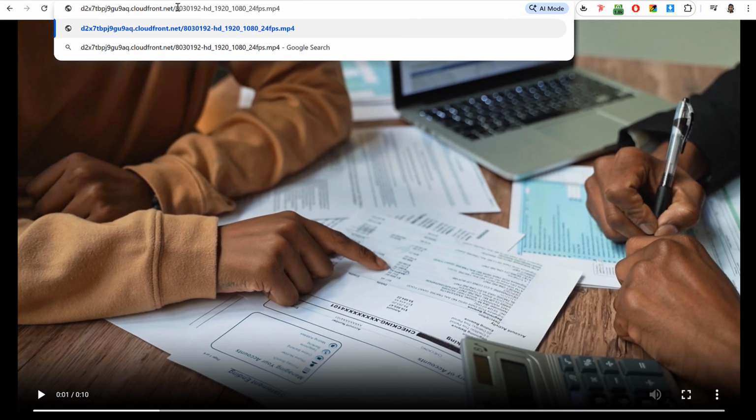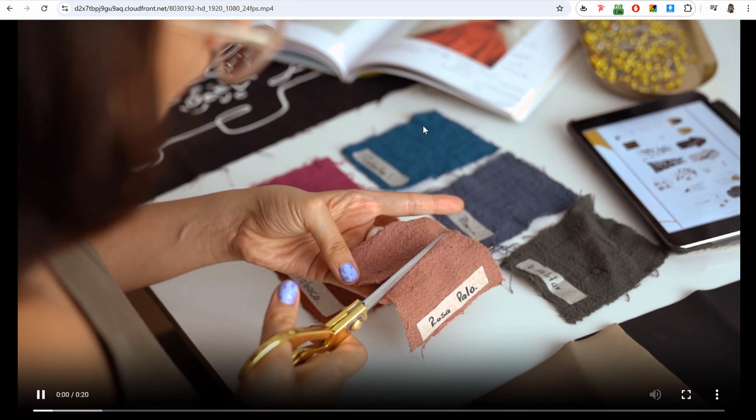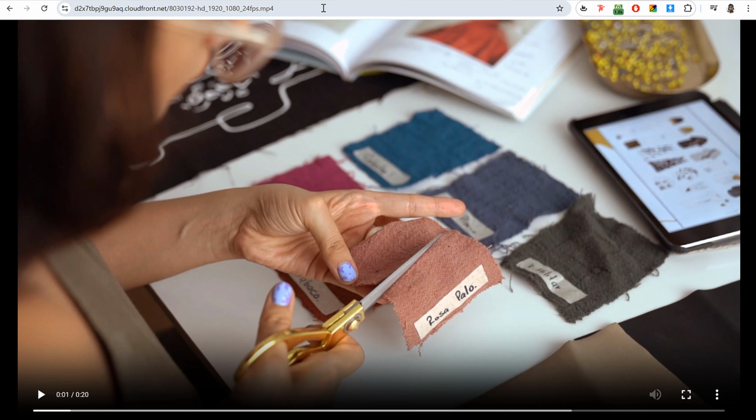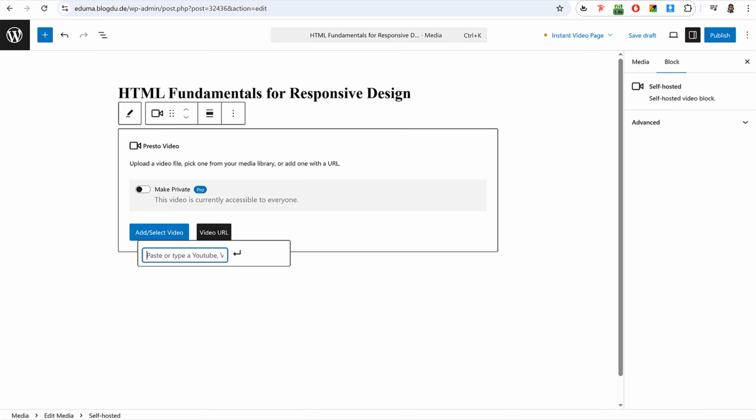So distribution domain /key, press enter. And now as you can see, the other video will start playing. So whatever video you want to use, you can use this format. Now you can copy this entire link, the top link, go back to your PrestoPlayer and under link, first click